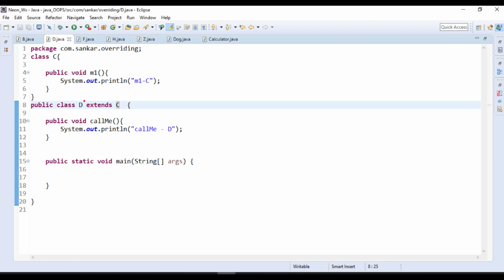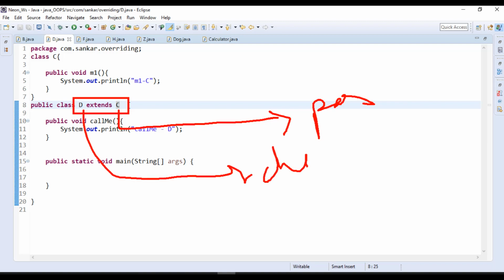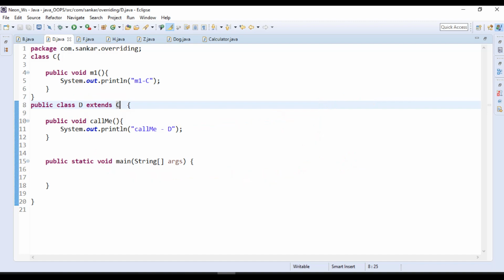Then we can say this is an is-a relationship. Now tell me, when we compare with the D class, what about the C class? C class becomes the parent class, and D class becomes the child class. Am I right? So with the child class, we can conclude this is an is-a or parent-child relationship. Then what is the meaning? Now D class can acquire the parent class properties also. Up to now it is clear, right?